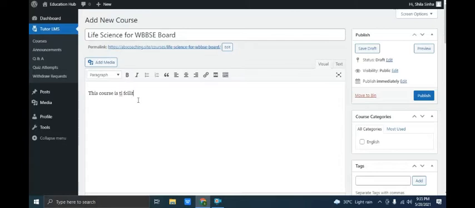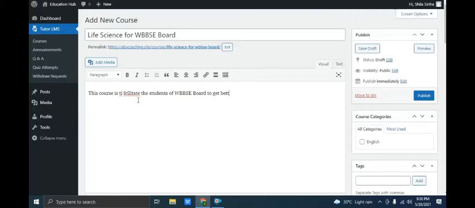Now in the next column you can put the description of your course, because this description will be visible to all the students who will enroll in the course, and first of all they will read this description, to see what the students are going to get in this course. So you have to give the best description here.